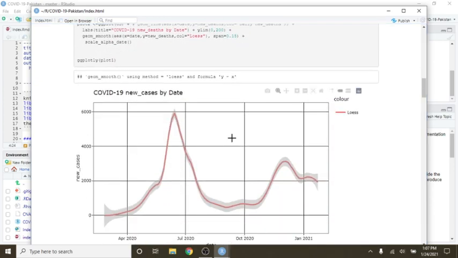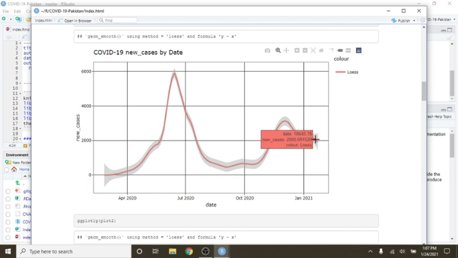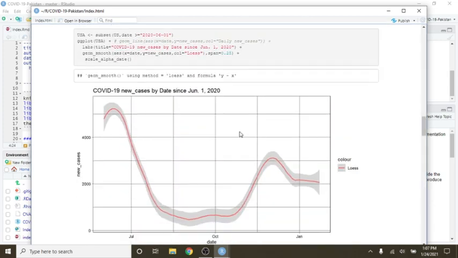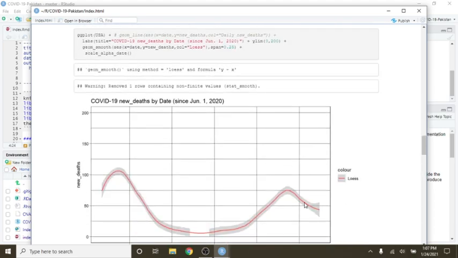Well, you can see that the cases actually are remaining fairly low, interesting enough, and deaths are falling. So this is one of those cases where the daily mortality rate isn't quite as helpful, because the mortality rate can go up, but you can have cases and deaths decline if the ratio of cases to deaths is actually shrinking. So it looks like the mortality rate is getting worse, but the actual cases and deaths are falling. Okay, you see here it says falling, and you can see here it's falling.